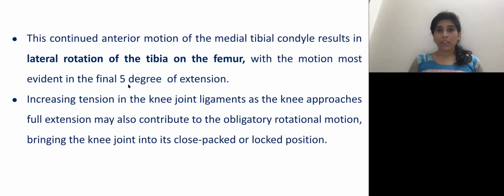So during flexion, the medial tibial condyle will start its rolling and sliding motion first compared to the lateral condyle. So what will happen? It will go for the medial rotation, and once it finishes its medial rotation, then again both the condyles will slide and roll in the posterior direction just to complete the flexion motion. Okay, so I'll show you a video afterwards so it will get more clear.